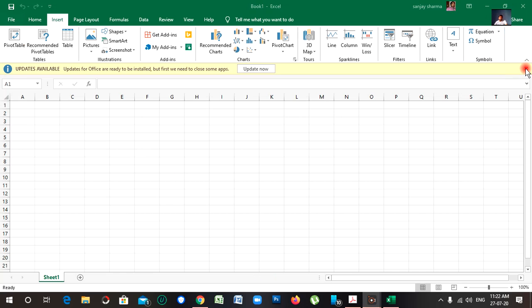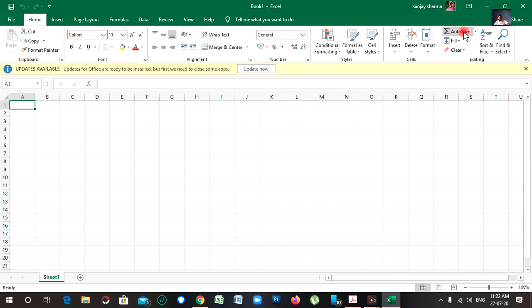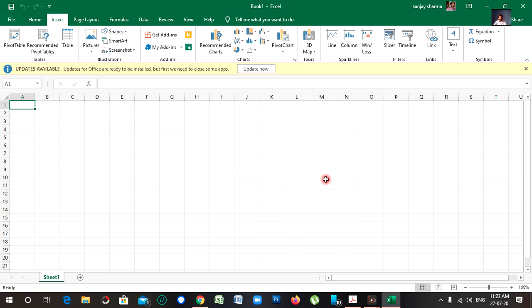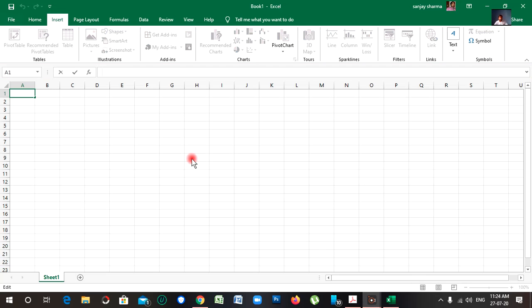We already know what the function of SUM is, and here we are going to learn about inserting it. Now we are going to insert that formula.